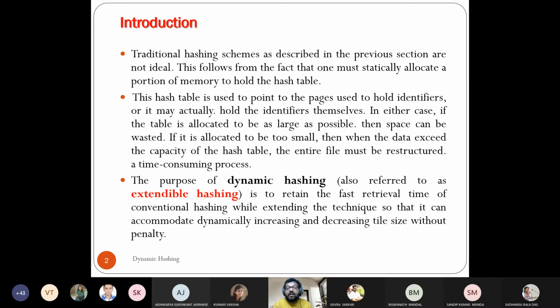So the purpose of dynamic hashing, otherwise known as extendable hashing: the basic objective is the same as classical hashing, first retrieval time, or we try to minimize the searching time, but here the most important thing is that there will be no wastage of space.